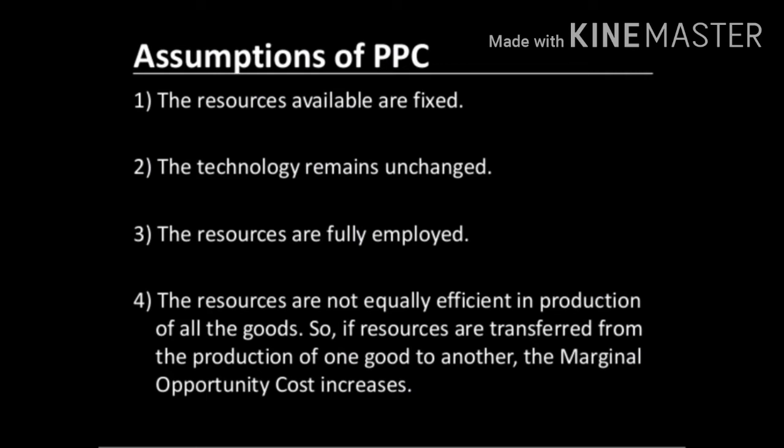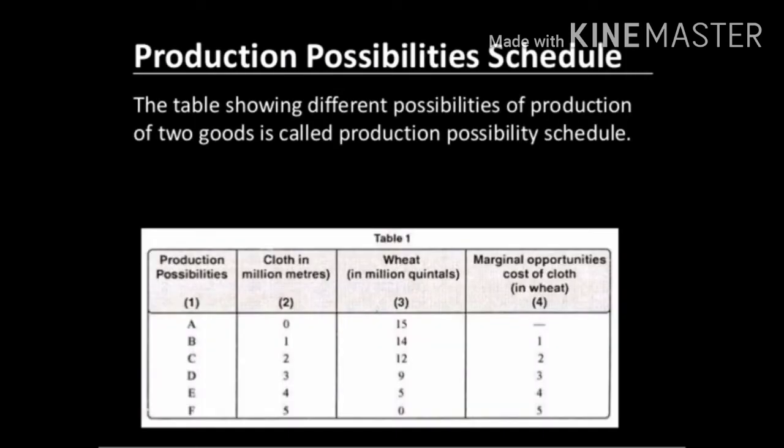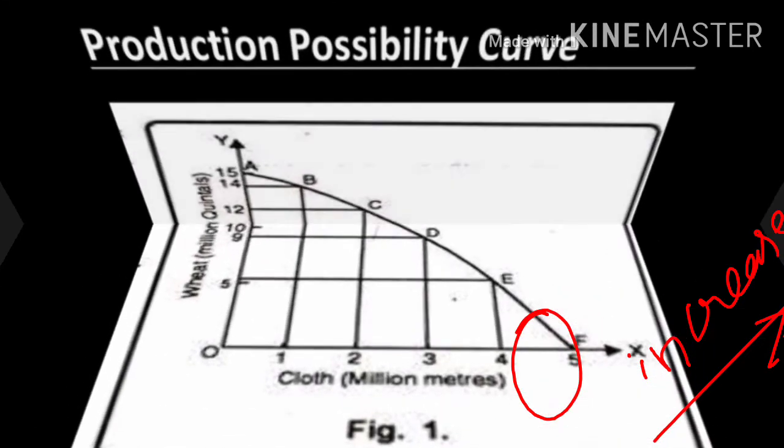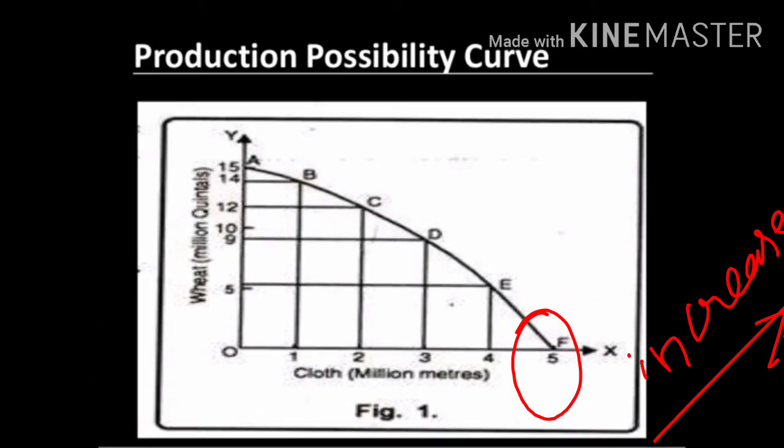The last assumption we use here is that the MOC is increasing, that is, marginal opportunity cost increases. So if we see the tabular column, the MOC will be increasing in nature. What does that imply? It means all the resources are not equally efficient in production. So if resources are transferred from the production of one good to another, the MOC will increase. See, in this tabular column, the MOC is increasing, that is, it increases from 1, 2, 3, 4